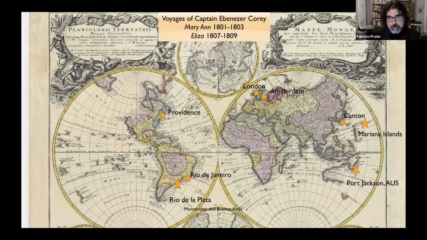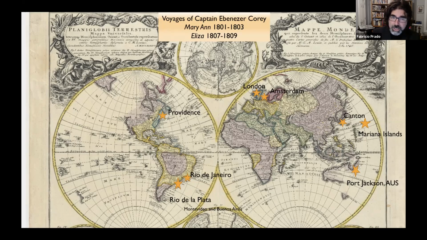That was the sign for the authorities that had been bribed to allow the ship to get in. The big problem: the Eliza never made it to Rio de Janeiro because the Spanish authorities did not let it go. Therefore, the Marianne entered Rio de la Plata by itself. And the captain, not being able to communicate with the supercargo, decided to figure it out by himself, making arrangements with local merchants to disembark the cargo.